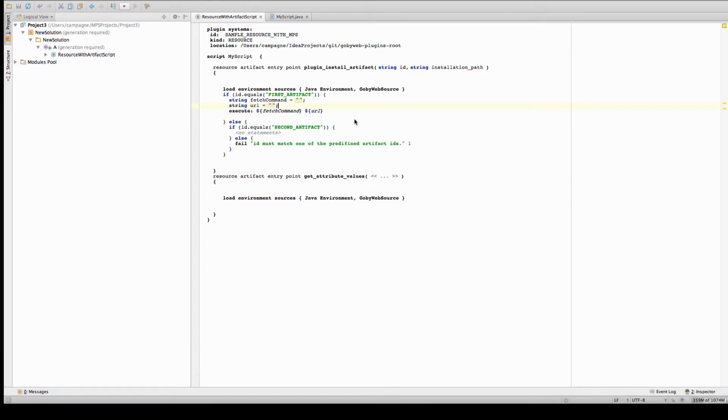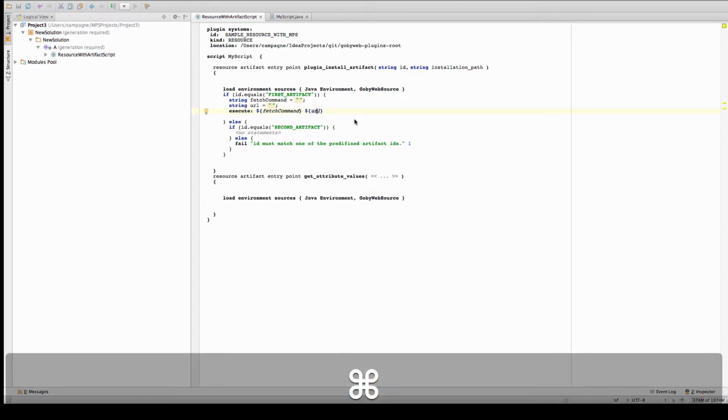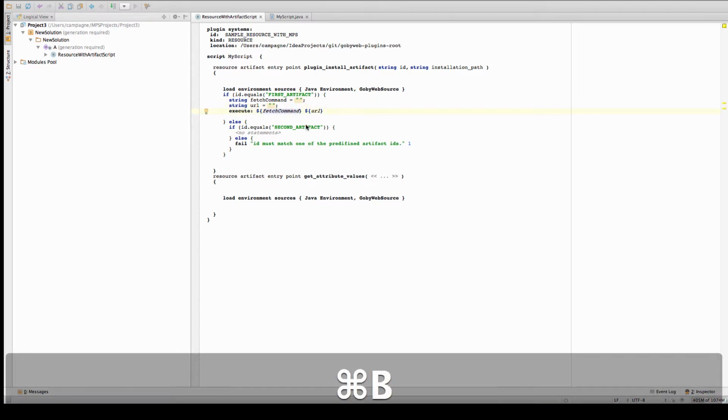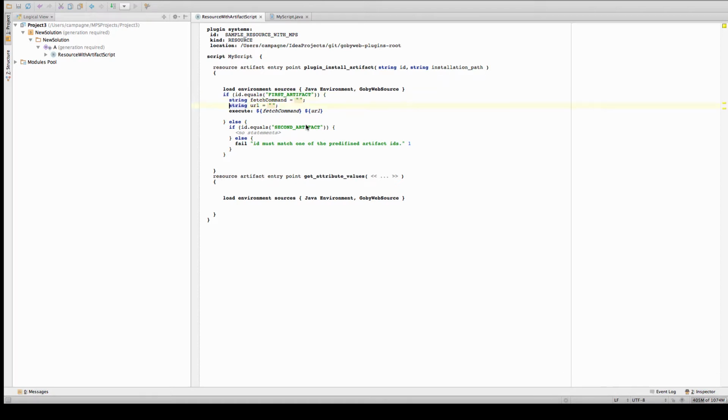And you see, what I just did here is put the cursor on top of URL and press Apple B. I'm navigating directly to the variable itself. I can do the same thing from fetch command, and Apple B will take you to the definition of the fetch command variable. Okay, so fetch command is actually, we have a fetch command resource in GobiWeb, and the way you can discover that is